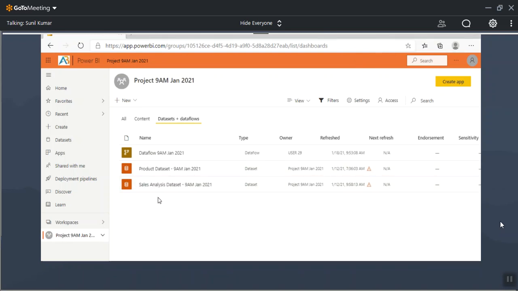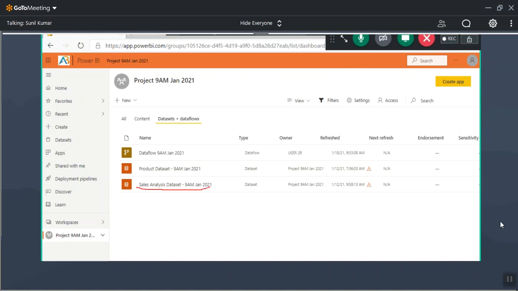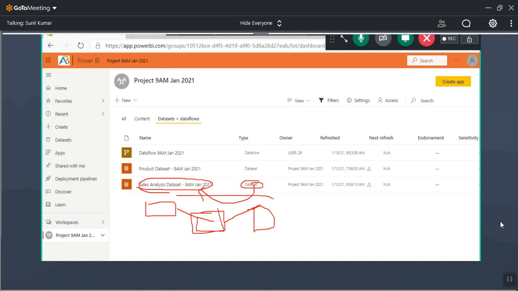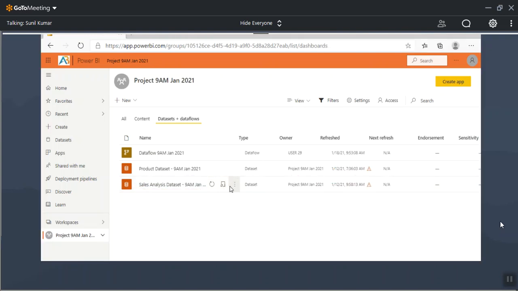Whenever you want to analyze the data in this data set, the data set contains tables and the relationships between the tables. So whenever you need to analyze the data using Excel, you can click on Analyze in Excel. Look at this.